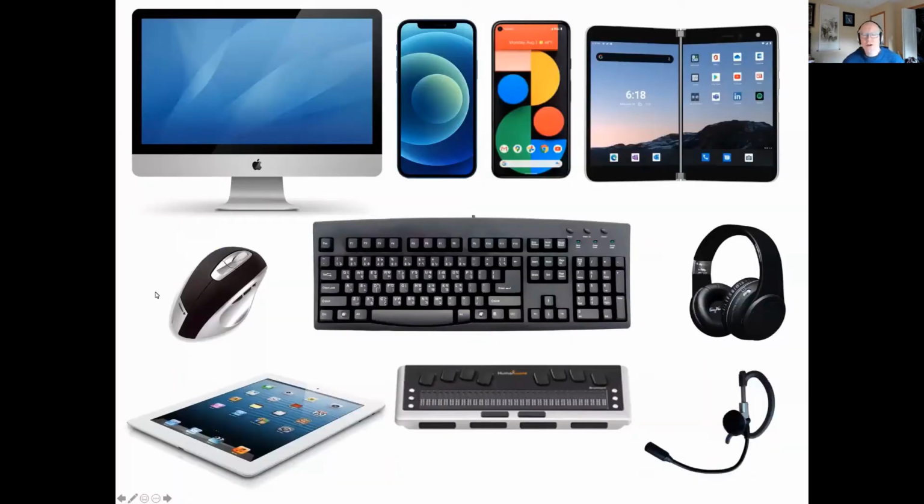We have a slide here that presents technology diversity, which is really what it's all about. The old school model is that you've got computing, you've got digital information. People need access to that digital information, and they can access it with a monitor for output and with a keyboard and a mouse for input. That's the old school model. This is how things were back in the early days. Originally it was keyboard only, and then the mouse came a little bit later.